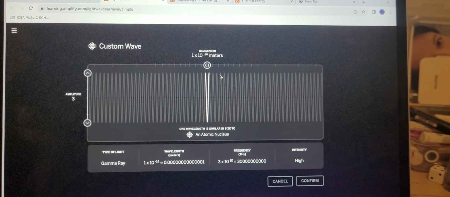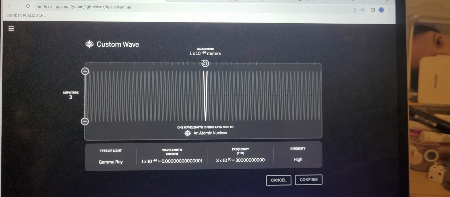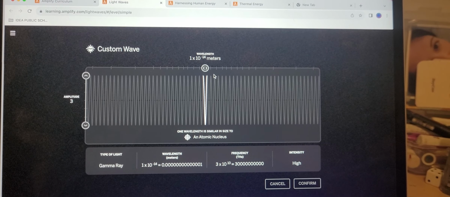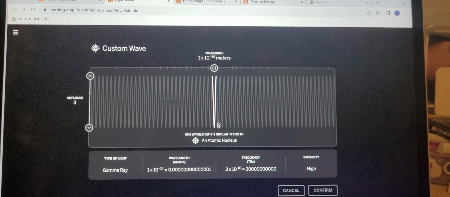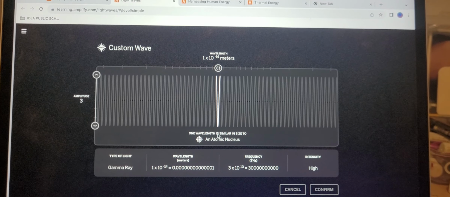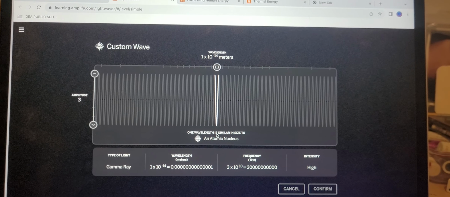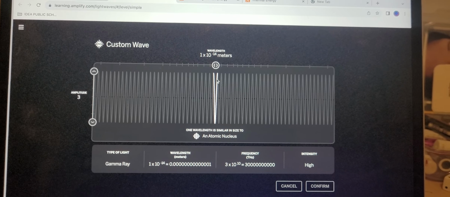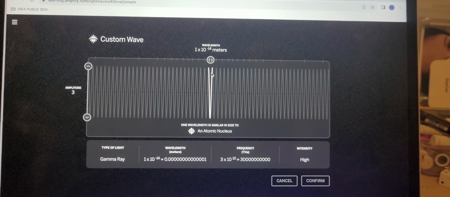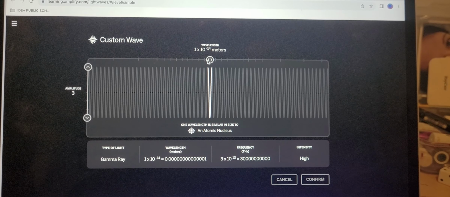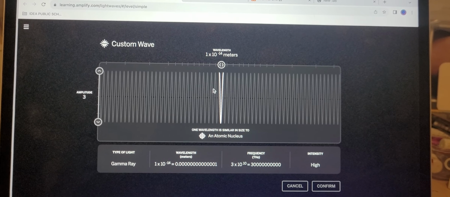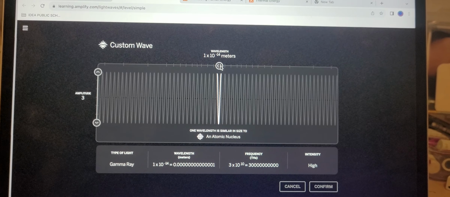And there is a reason why it's called gamma ray. It is the size of an atomic nucleus, nuclear energy. That's where it comes from, because the size of the wavelength, the size of the wave, is as small as the nucleus of an atom. Atomic bomb, nuclear energy, all this is this type of waves that are very damaging for the skin. And then you have